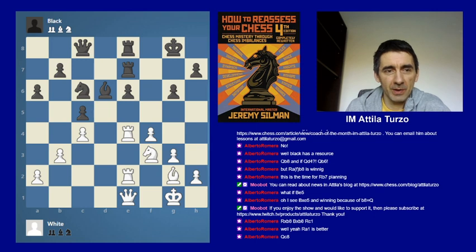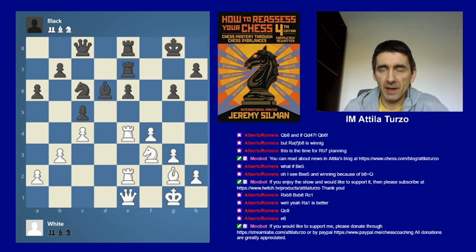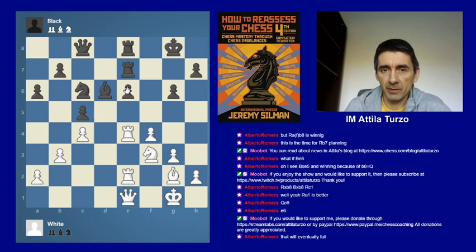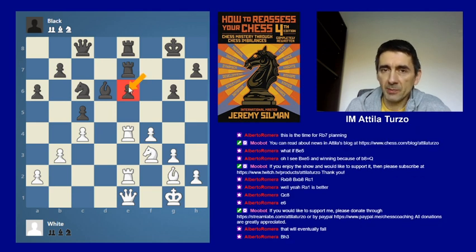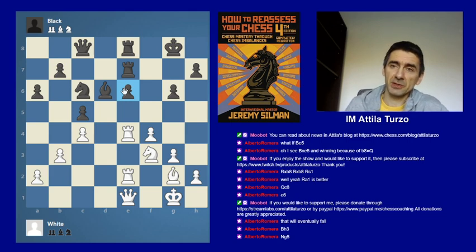What do you think? Which pawn is weak? Yeah, normally a pawn which is called an isolated pawn, which is isolated from the other pawns, so it's left alone. That's a weak pawn. Like here's an e6 pawn. This is an isolated pawn, and the problem with this pawn is that it cannot be protected by other pawns. So this is really a weak pawn, and that can be a clear goal, a clear strategy